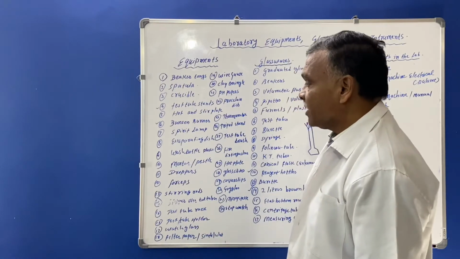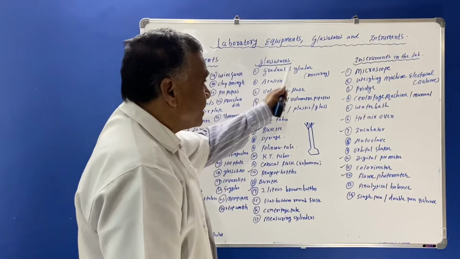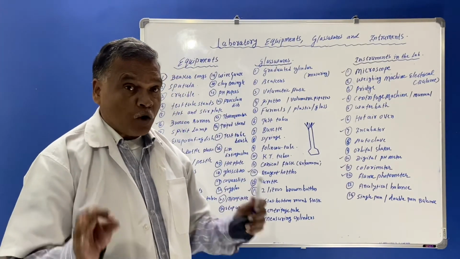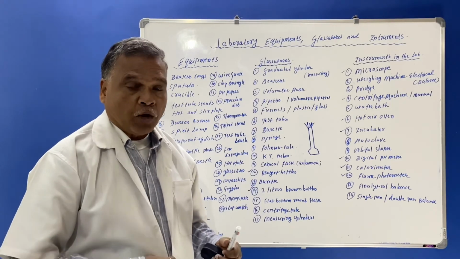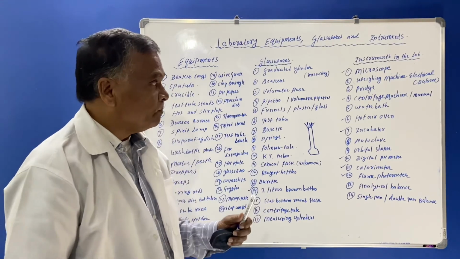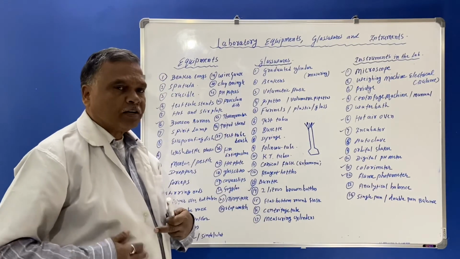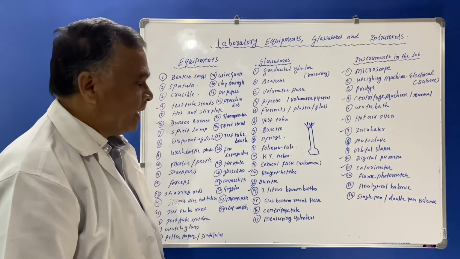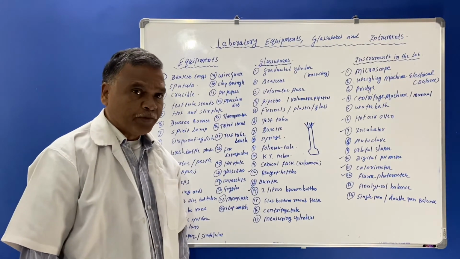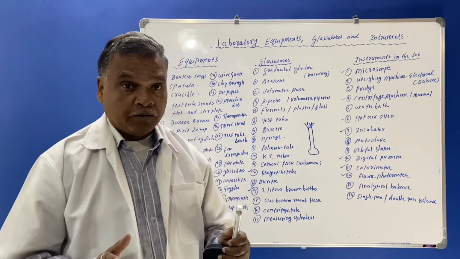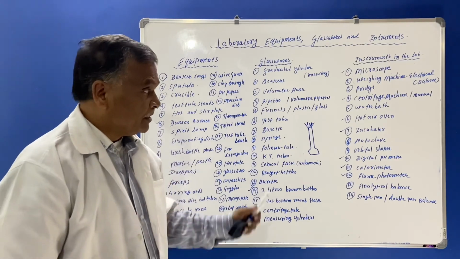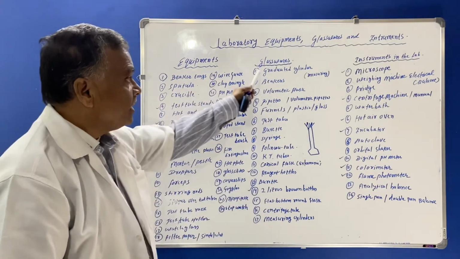So you must know these are all about the equipment, glassware and instruments used in the laboratory, and you should be very prompt to wear the apron. You must wear it compulsorily because no acid should fall on the body, and hazardous chemicals are used in the laboratory. A number of chemicals are used there, so you should be very careful while using them. And these are some important equipment, glassware and instruments.